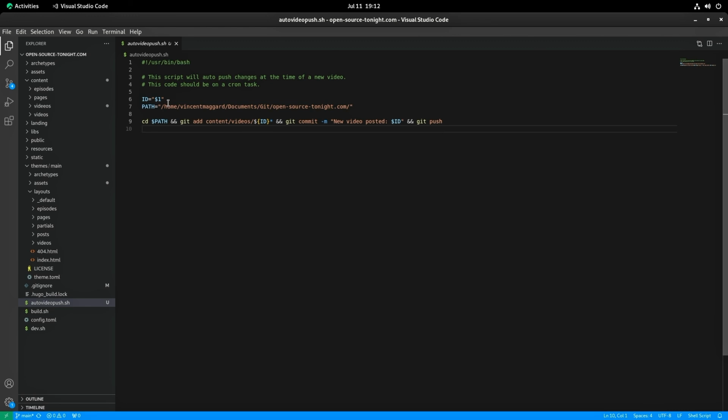So what this means is that I will paste into the crontab a reference to the script. Then behind it, I will put in quotes the video ID. And that's it. And then I set that for the right time and right day and walk away. And at the right time, this will run. It should, hopefully without issues, do the thing it needs to do. And then we're good to go.